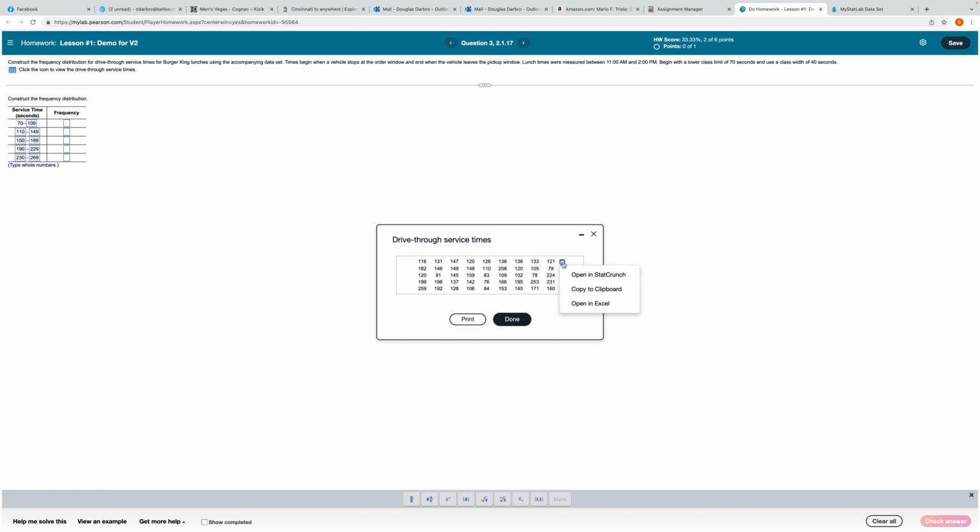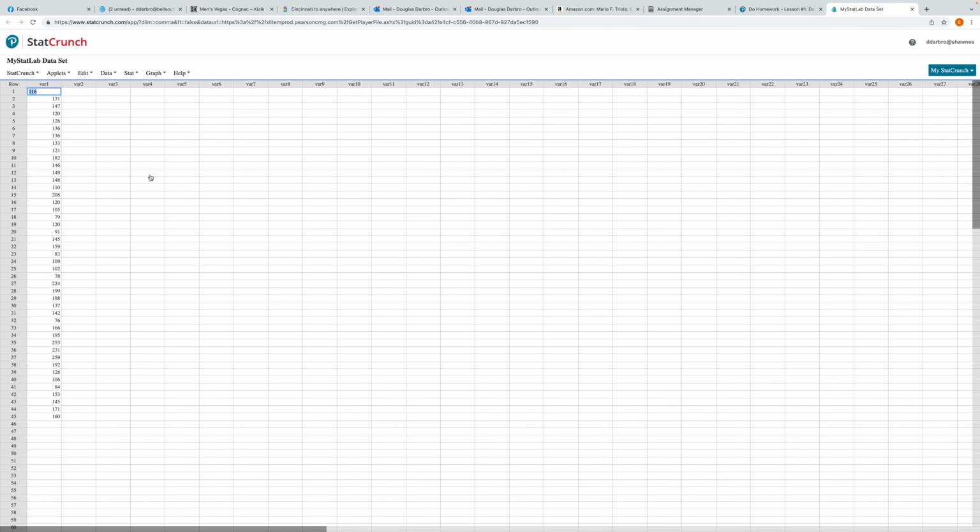So the next thing I want to do is open this in StatCrunch. I could actually go through and just count. How many do we have between 70 and 109? There's one, and there's one. I just don't like doing that. That would drive me absolutely insane. So what I'll do here is open the data set in